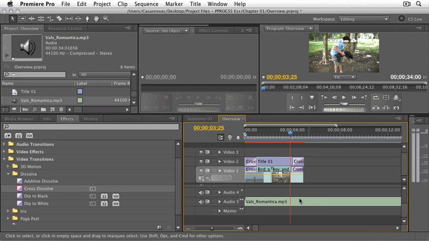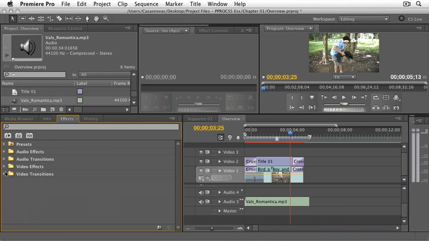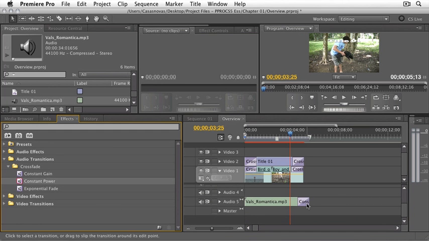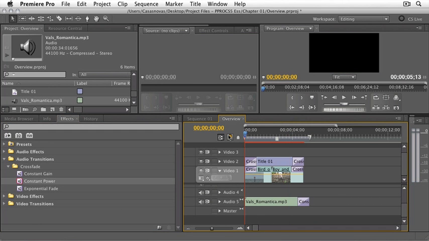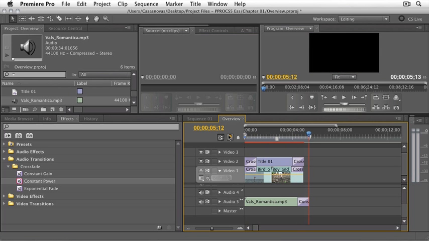And there it is. Now I'm just going to trim it a little bit so that it is the same length as my video. And I'm going to add an audio crossfade, constant power, to the end so that the audio also fades out. And now I'll just play it back. And I look at it, I make sure that I'm happy with it, I adjust it if I need to,